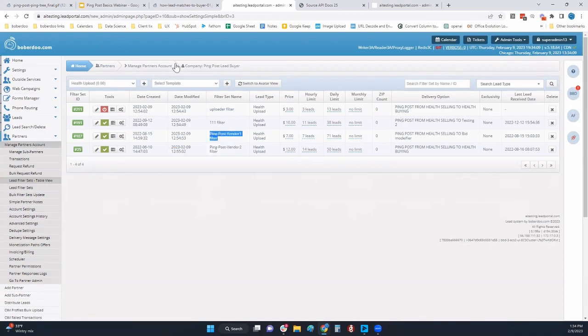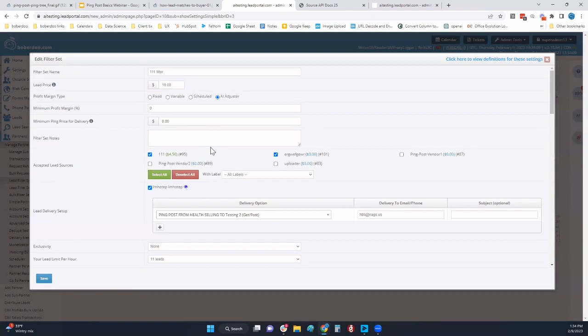If we come in here, typically we'll see a filter set to individual source, 1-to-1 ratio. And so what we see here is the different sources that are pinging into this lead type, different prices, hourly, daily limits that are set up so that those leads back out to a specific cost per acquisition. So if we look at those,